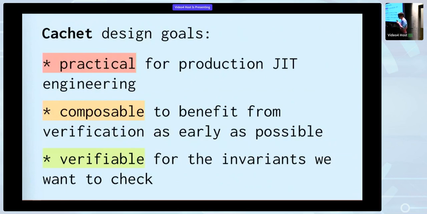Now, we had 3 primary goals in mind when building Cachet. First, it needs to be practical for use by JIT engineers in the real world. Second, it should be composable, so that we can reap the benefits of verification as early as possible, without having to wait until we, say, port the entire engine into Cachet. And so that in the future, as we port more layers up and down the stack, we get compounding benefits from doing that. And thirdly, we need to be able to both express and check the invariants we want to ensure in a reasonable amount of verification time,